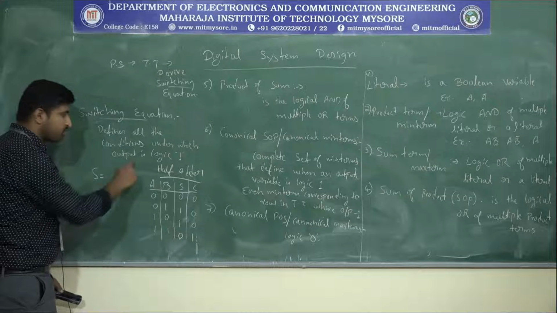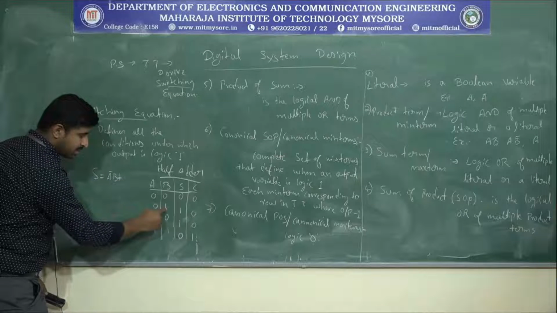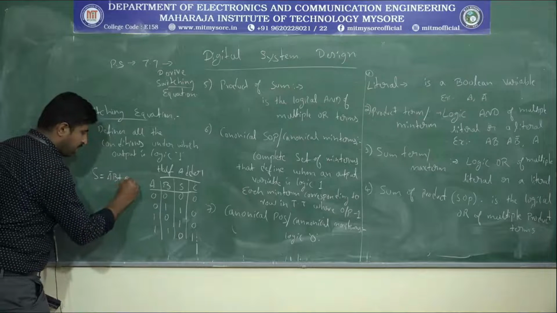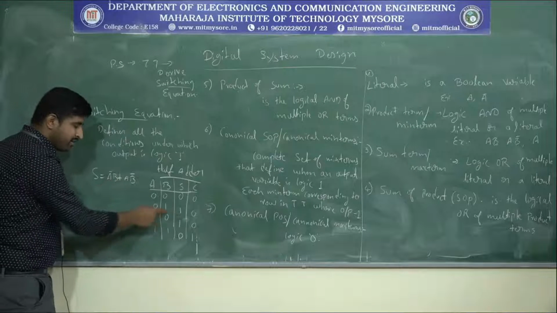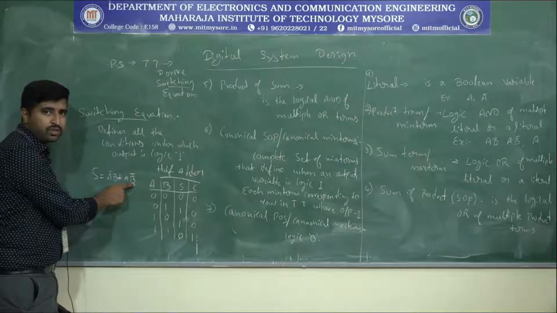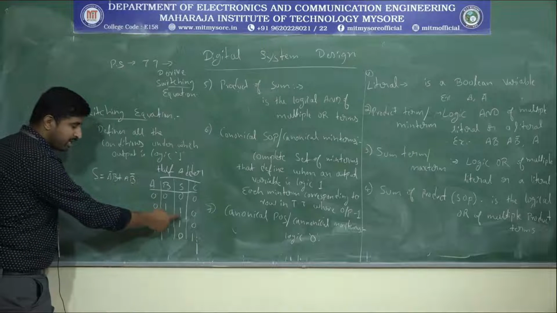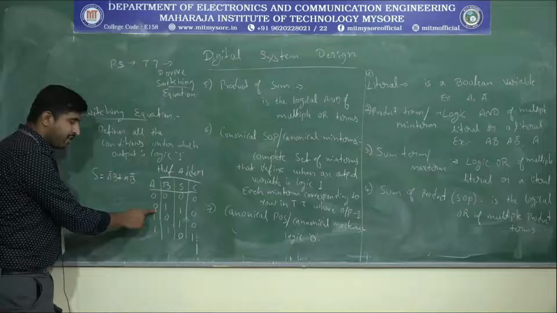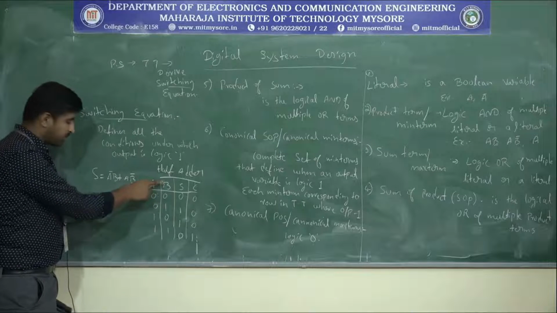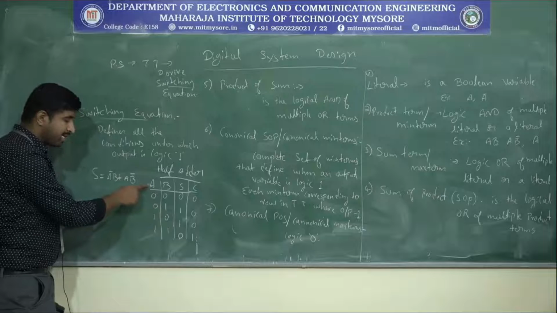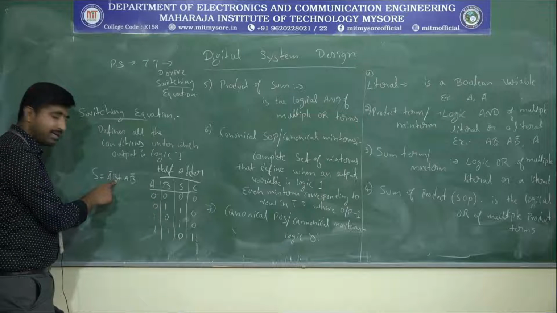So the switching equation will be sum equals A bar B plus A B bar. Hope you know how to write that one, because we are writing in minterms. We will get to know what a minterm is. When writing the output for the corresponding logic 1, we always write the 0 in complement form and the 1 in the same form. Here we have a 0 in the input, so we take it in complement form, that is why we write a bar. Here 1 is there, so we take the same B variable.